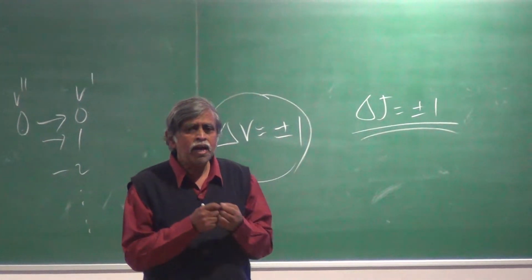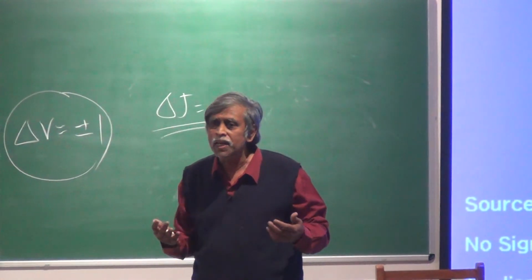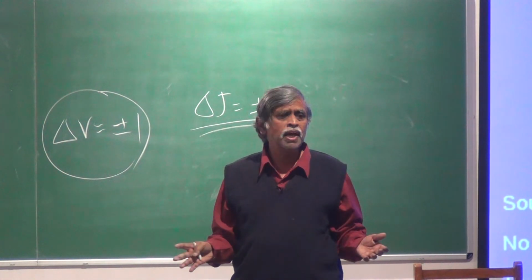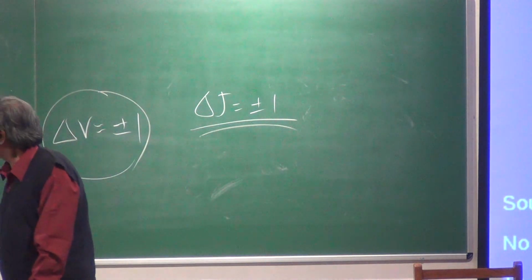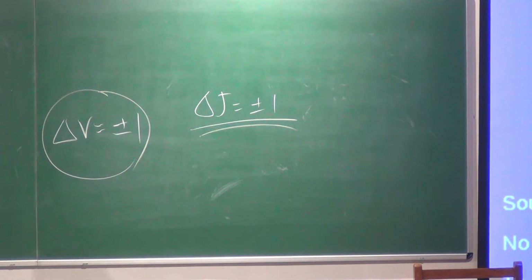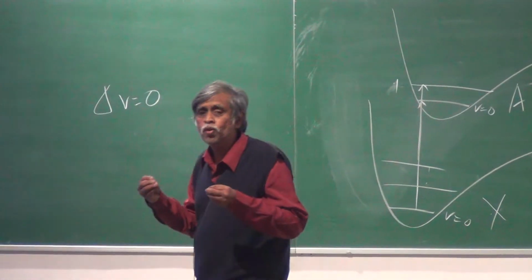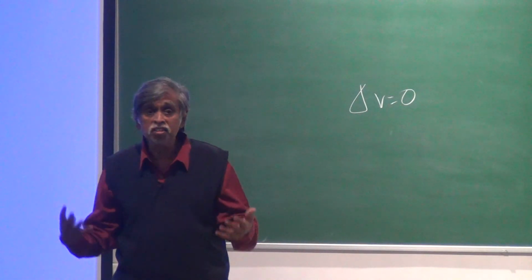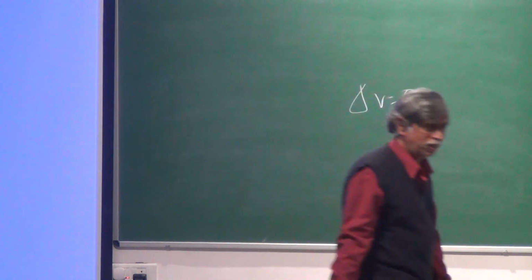If we just had to slap the selection rule that we learned in vibration onto this, what should that be? Delta V equals plus minus 1. But it didn't seem like we were doing that. Some molecules showed this sort of behavior, some showed this behavior, some showed something else, and all sorts of complicated behavior. It just didn't seem to have a specific selection rule as far as vibrational transitions between electronic states were concerned. And that is